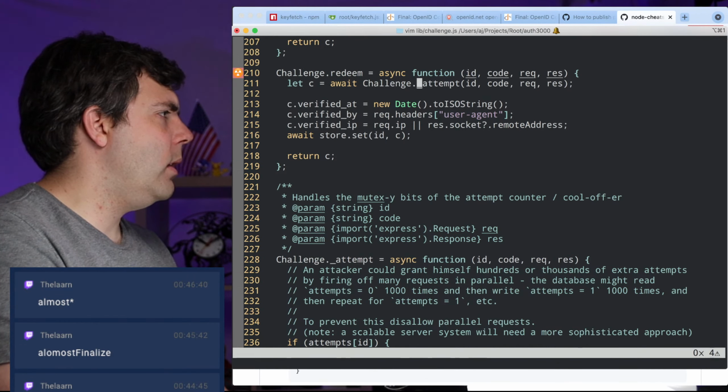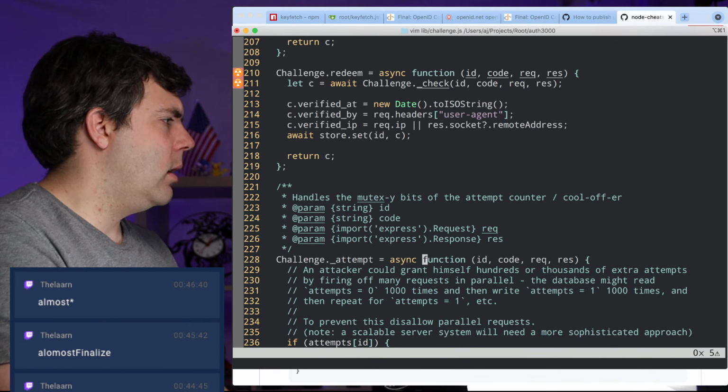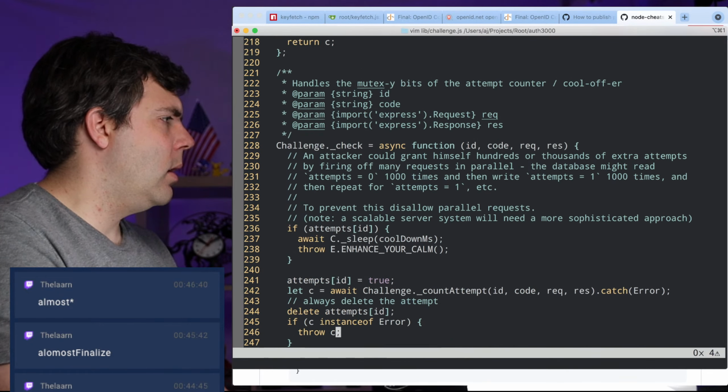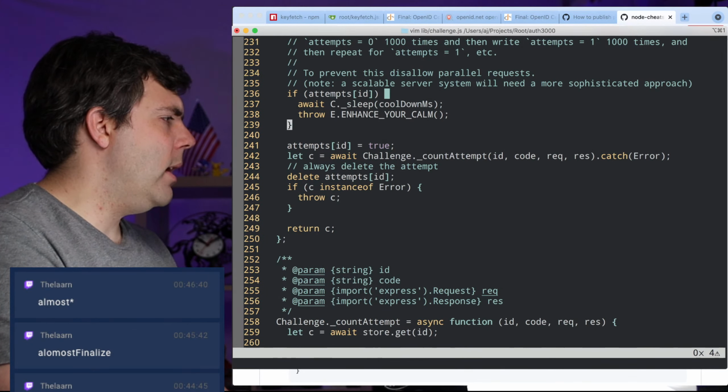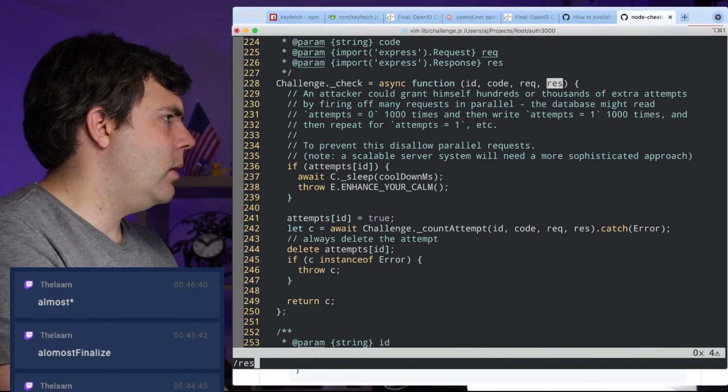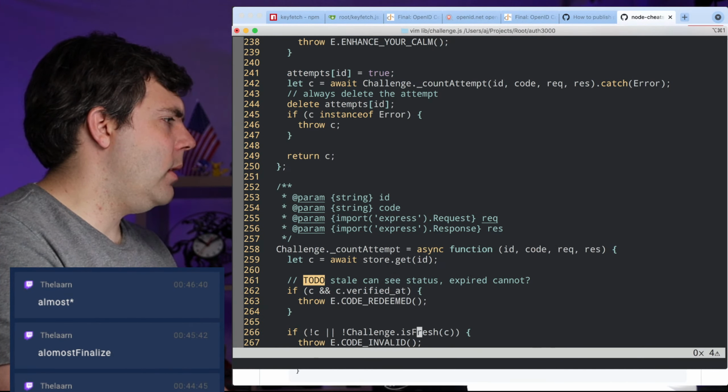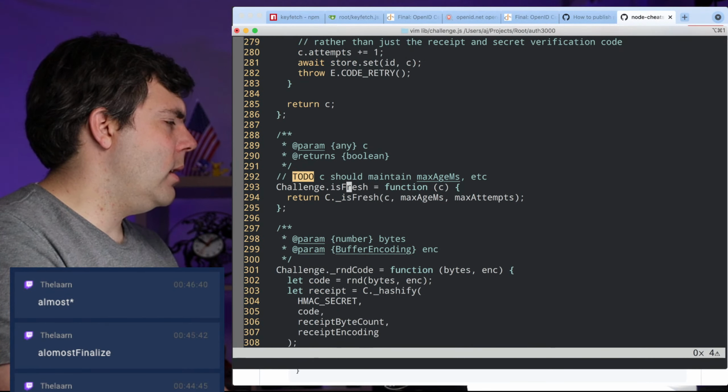No, I know I don't want that to be check. I want this to be, say, underscore check. All right, why does it need res on this? I forget. That needs res because count attempt needs res.